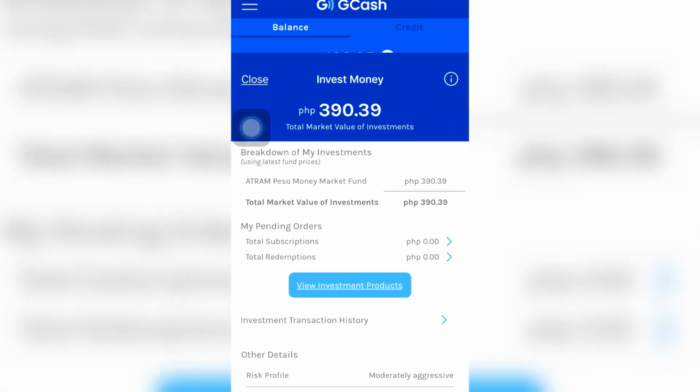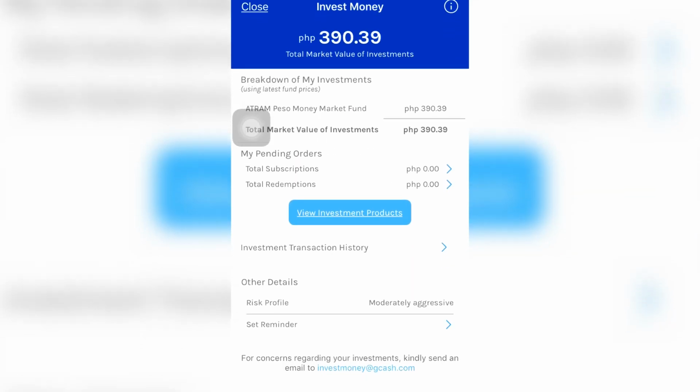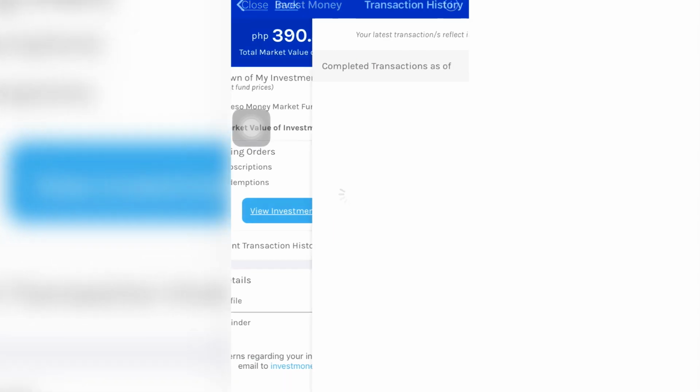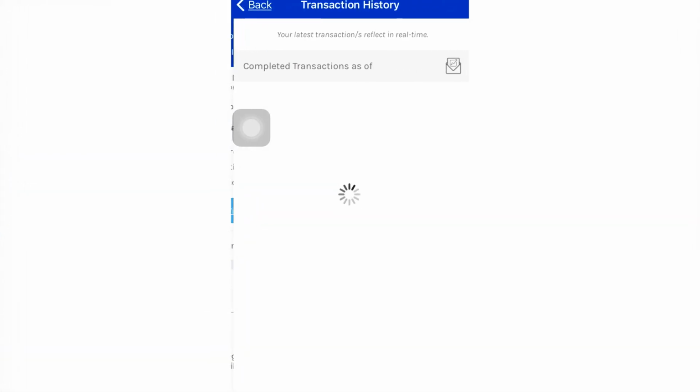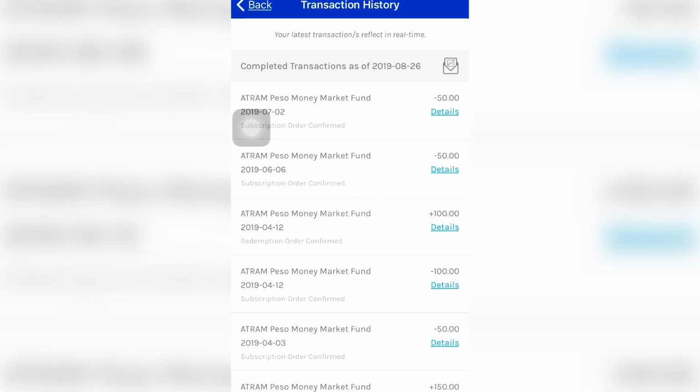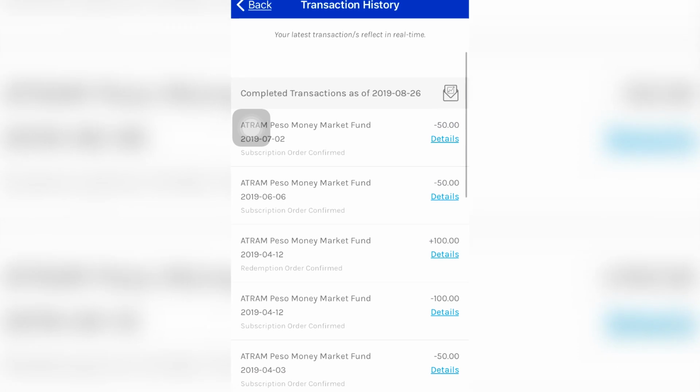And so far, we have 390.39. Magkano na nga ba ang tinubo ko for the past, I don't know, almost 6 months na ata, right? Let's just compute real quick. Add natin lahat ng in-invest ko. So that's...